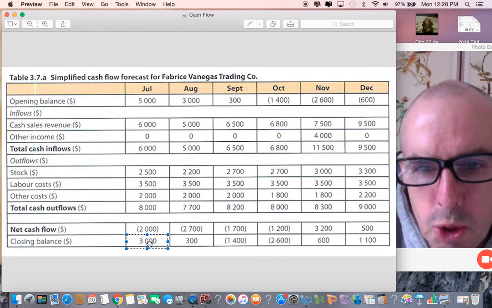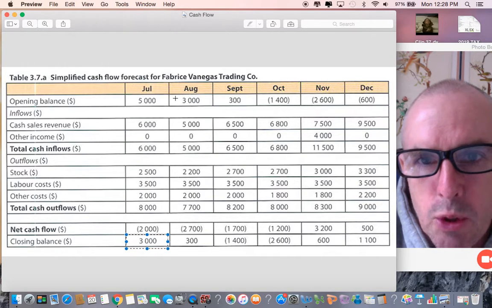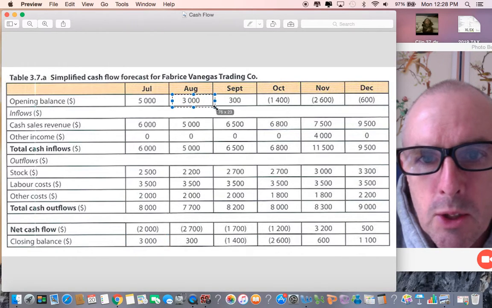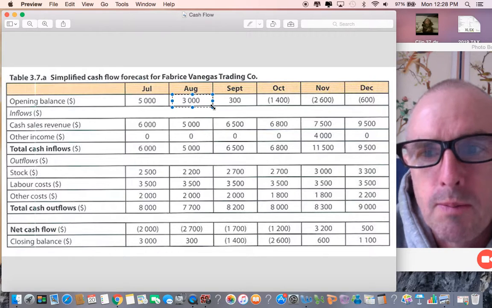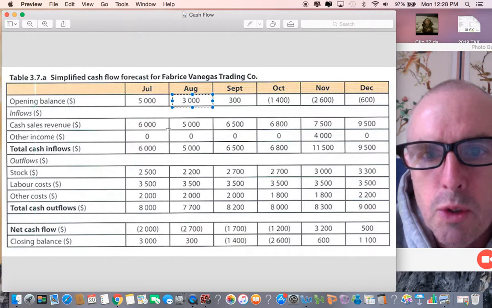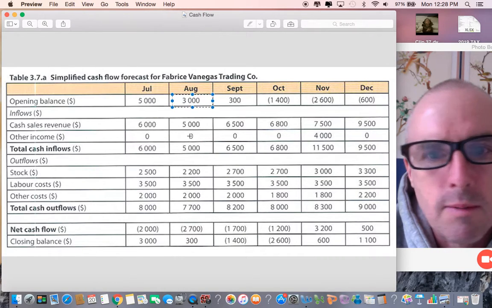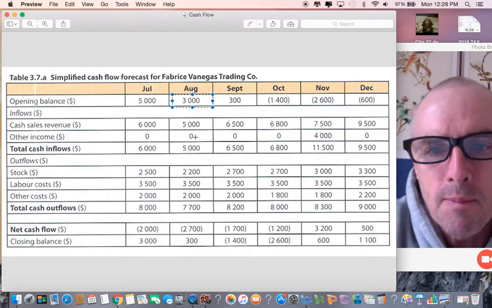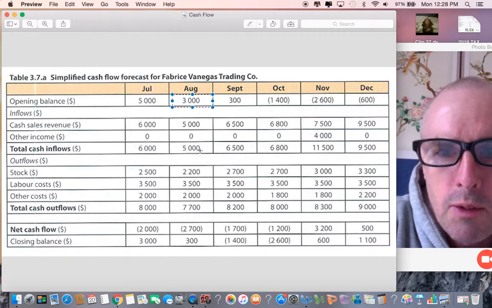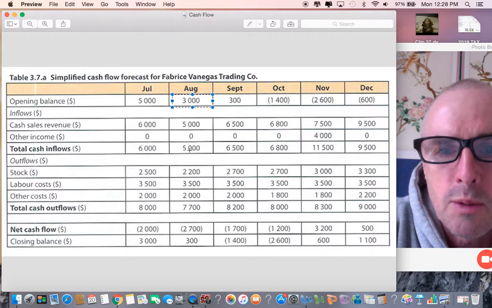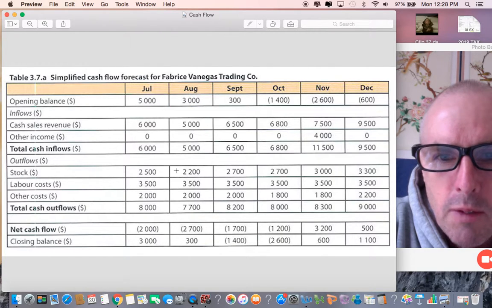What you do with this $3,000 now is you move that closing balance up to the opening balance for August. And then we go ahead and set the problem up again. So cash flows for the month of August, 5,000. Granny didn't give you any money. You have a total inflow of $5,000. These are all of your expenses, 7,700,